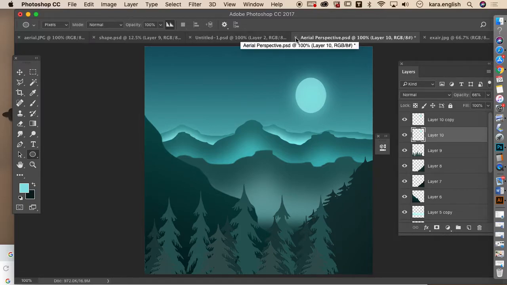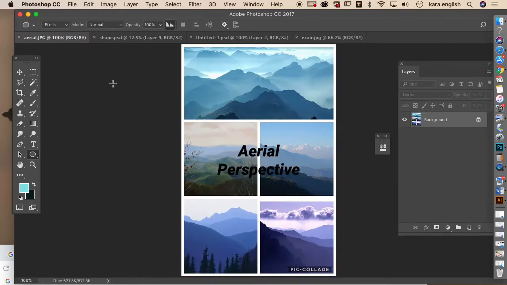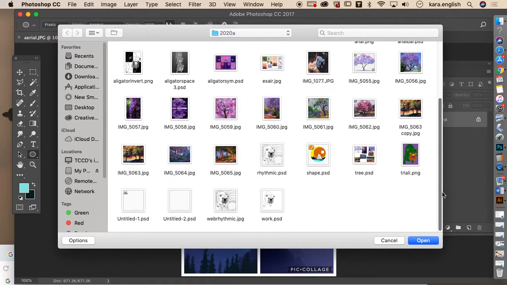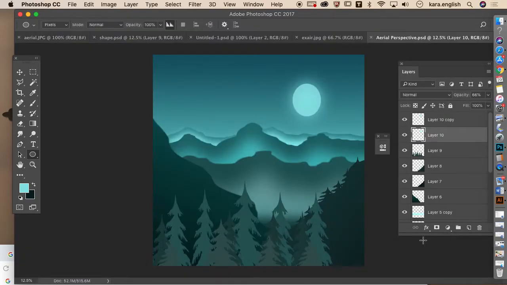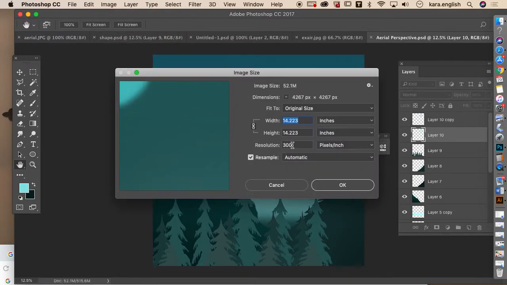So once you've saved for web and you've saved it as a print document first, I recommend you close that right away so you don't forget that that's what you did, that you changed the size, and then say don't save. And that way when I open them up now, I can go File to Open. There's the Aerial Perspective document, and apparently where I saved for web did not save it on my drive, so I'll have to go find where it is. And I can look at the image size, and it should still be 14 by 14 at